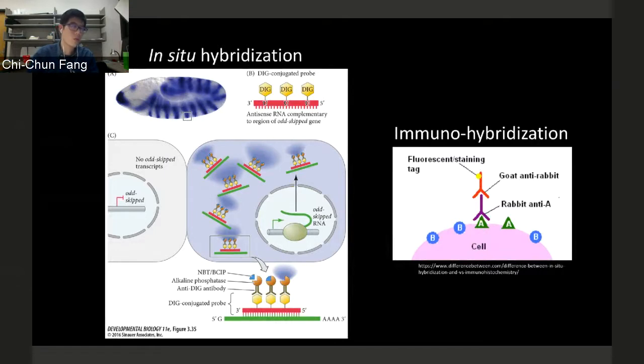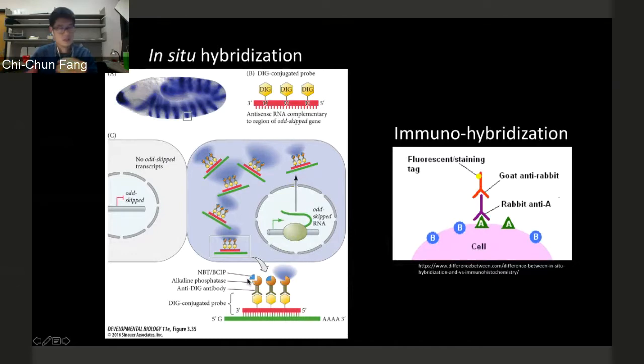That's why, with the successful binding between the dig labeled RNA probe we made and the anti-dig antibody attached to it,